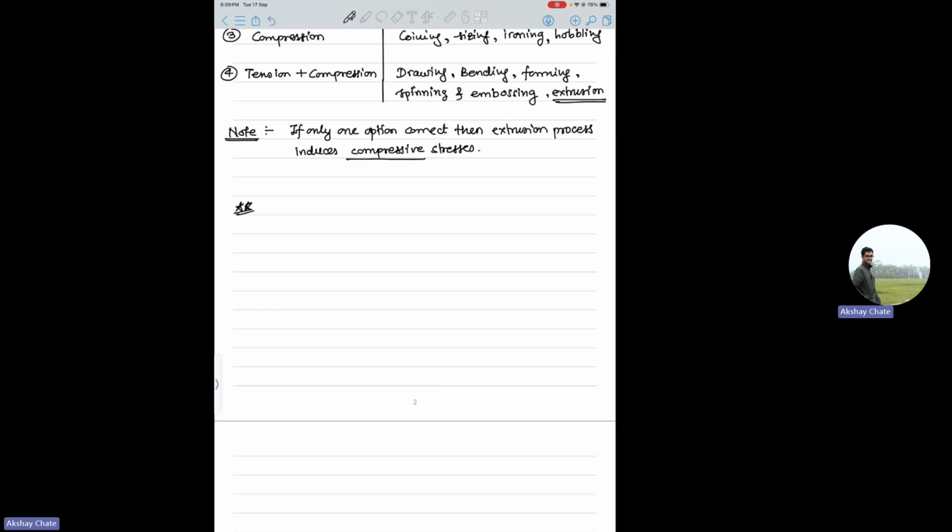Extrusion process. So first of all, what is the uniqueness of this? We'll see the different types, etc. But you should remember the uniqueness. This extrusion process can be used